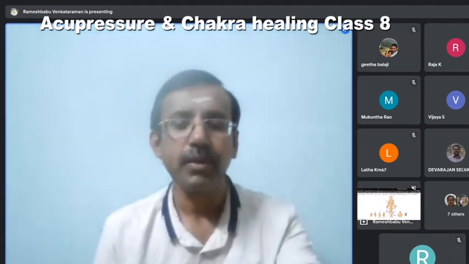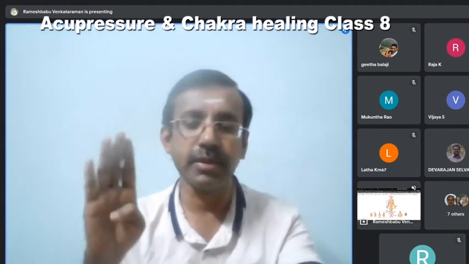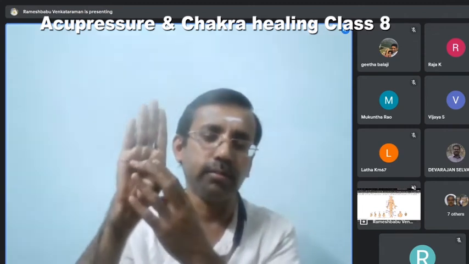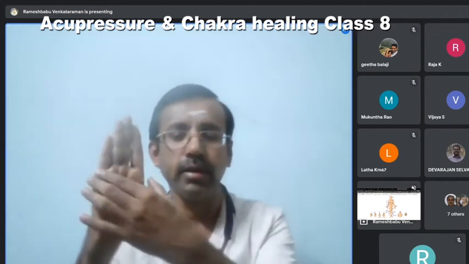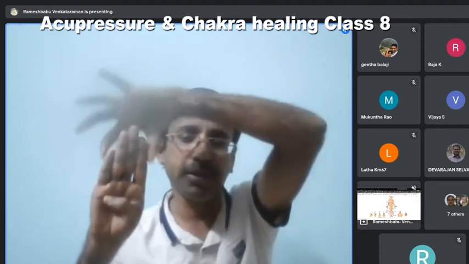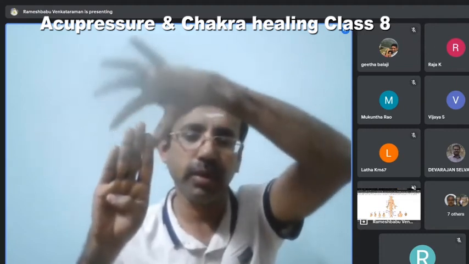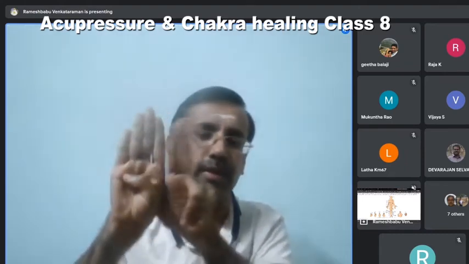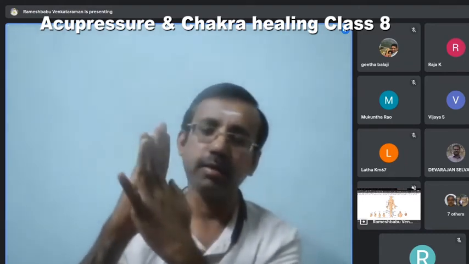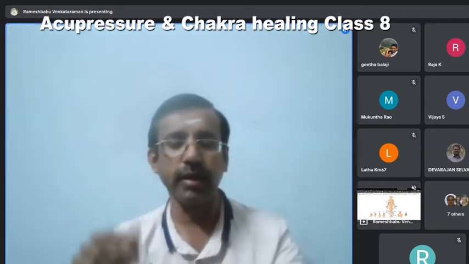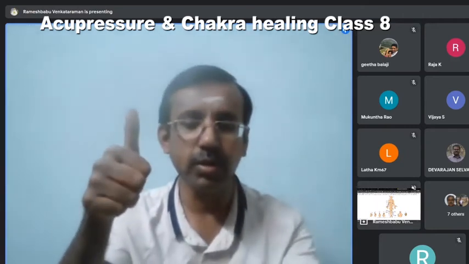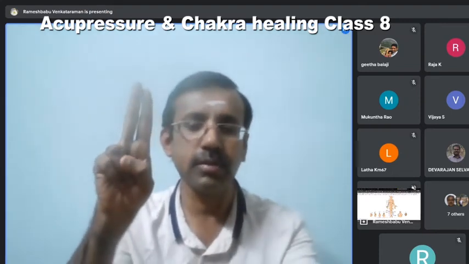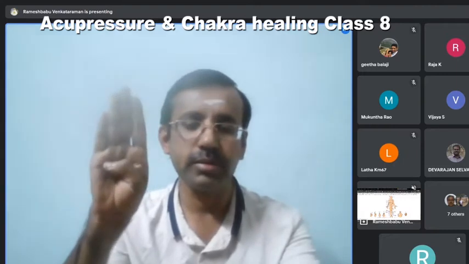Okay, then next is 3 chun. 3 chun is when you fold your thumb and keep the fingers like this. If you want, you can just check. For example, this is 1.5 chun. If you keep like this, it will exactly cover the entire portion. I'll repeat again: this is 1 chun, this is 1.5 chun, and this is 3 chun. So this is what chun is.